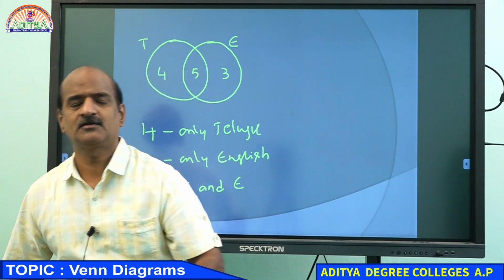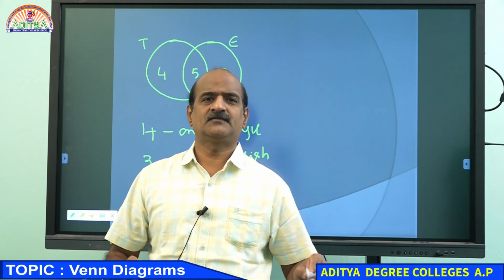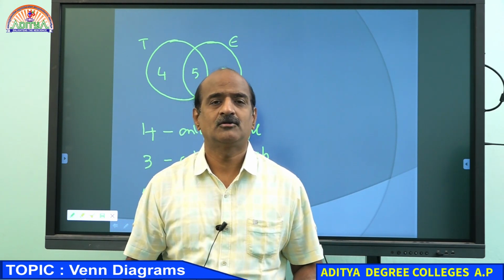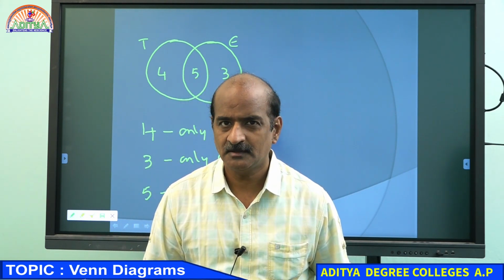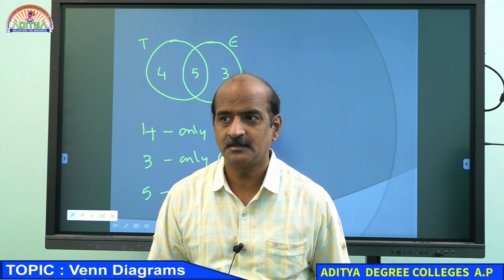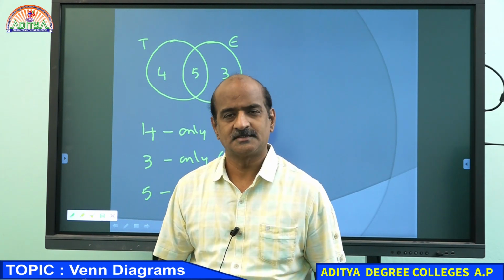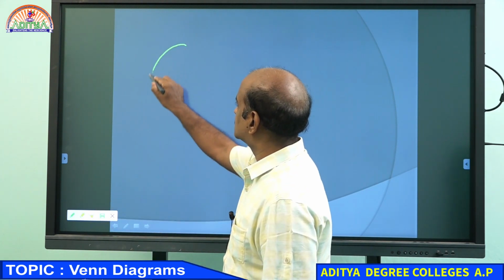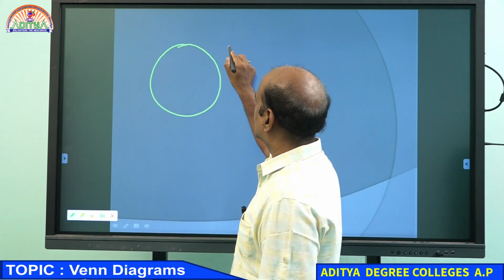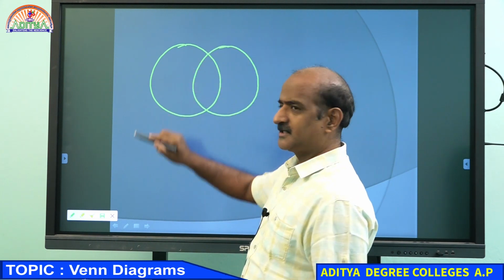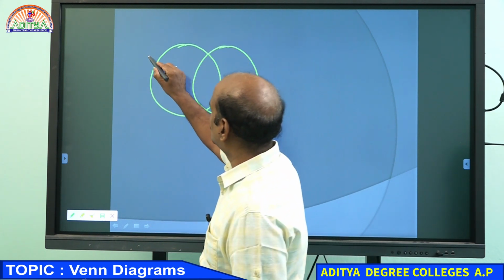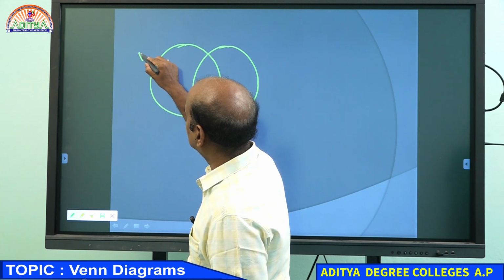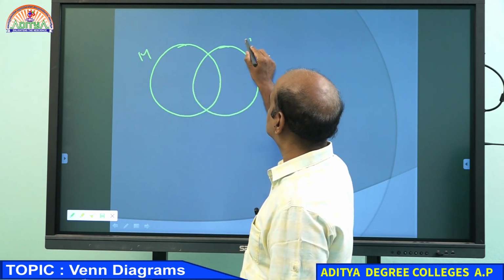Now I want to put some questions to you. Please try to answer my question. With the help of this particular information, I want to put some questions to you. Are you ready? You are supposed to get the answer quickly. Come on, student. Here we go. For example, I have taken 2 sets like this, one who like mathematics, and this one who like science.